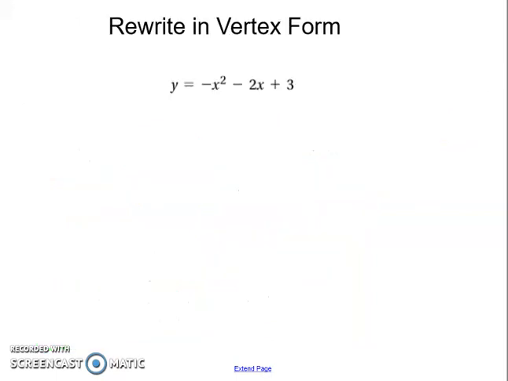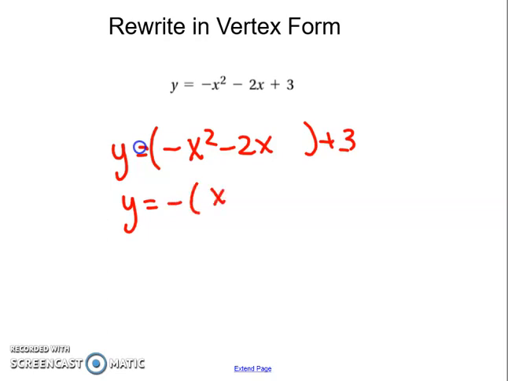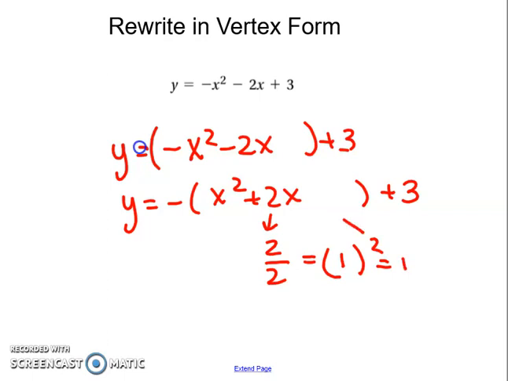Okay, and in this last one, same idea, we're going to take out the negative from the first 2 only. So we write it like this, then we take out the negative, so we have x squared plus 2x plus 3 at the end. We take our 2, we divide by 2, we get 1. We square it, we get 1. We add it back. But because of that negative on the outside, it really represents a -1. So to balance it, we have to add a +1. So that's -1 times 1. So we end up with negative x plus